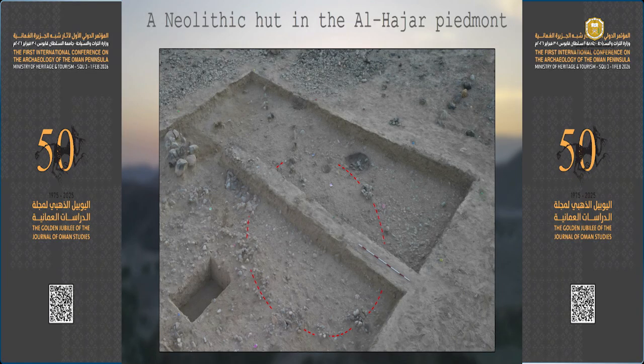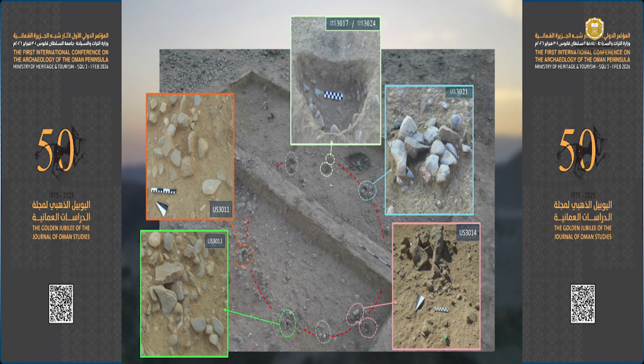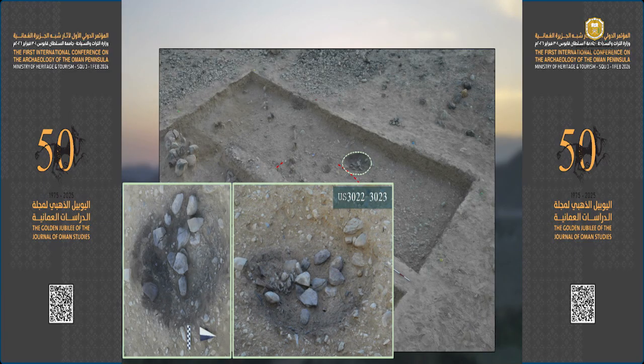You can see this feature from another angle. These were the types of wedges and post holes we found, many of them with charcoal still inside, rather well preserved. And just outside, on the perimeter of this hut, we found a very clear hearth